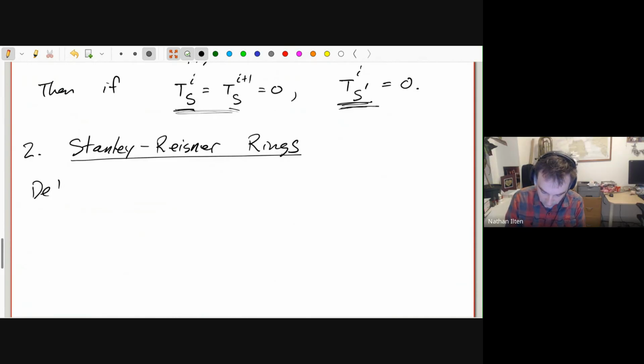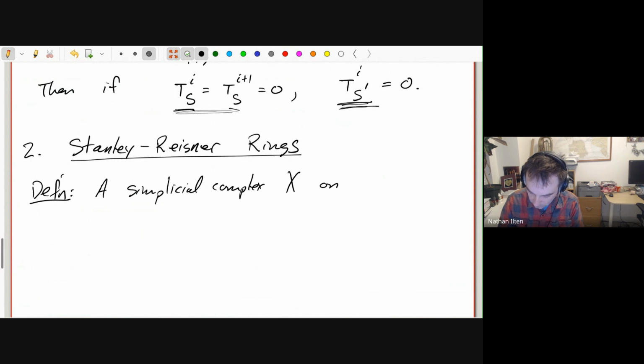So definition. A simplicial complex, say X, on the vertex set from 1 up to n, is a collection